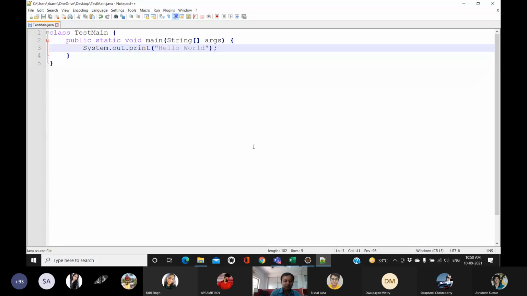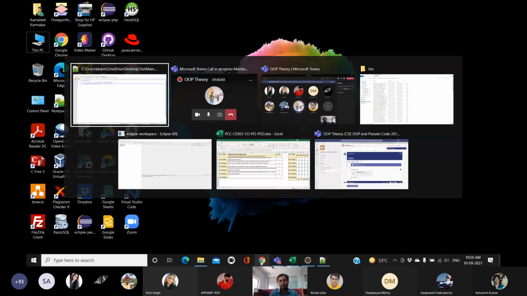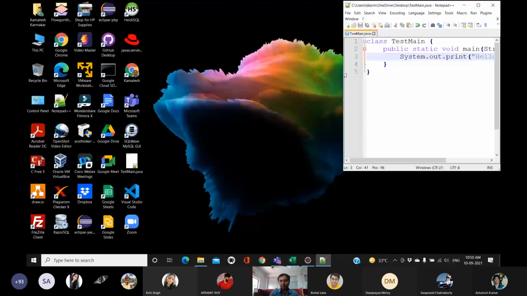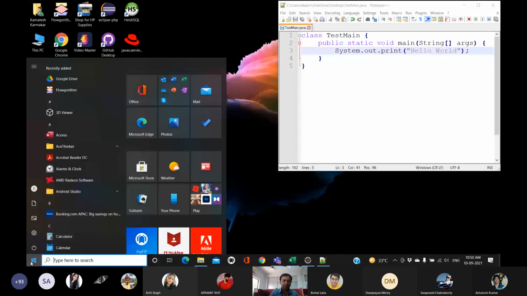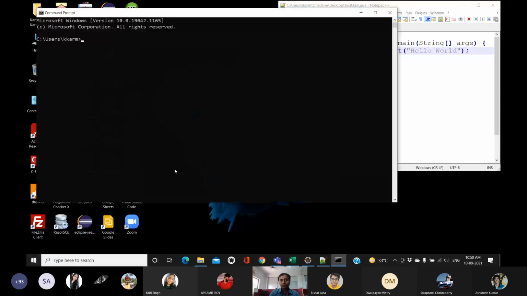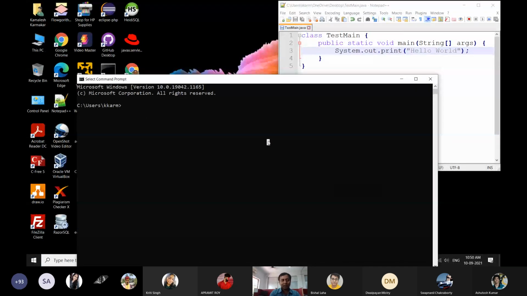Now I want to open a terminal. Okay, let's keep it open. This is my program, and I'm trying to open another terminal. So on this terminal, I want to compile this code. So I have to go to that location. Okay, I have to go to desktop, then